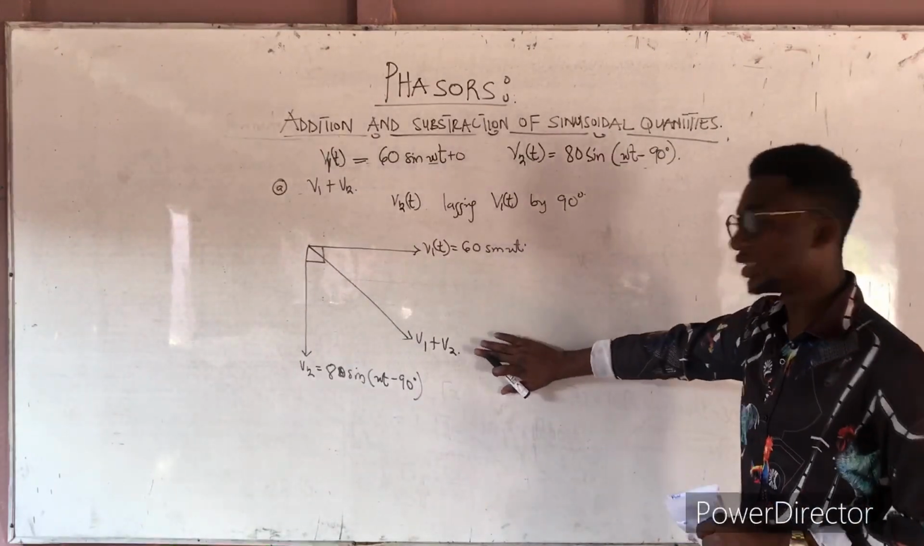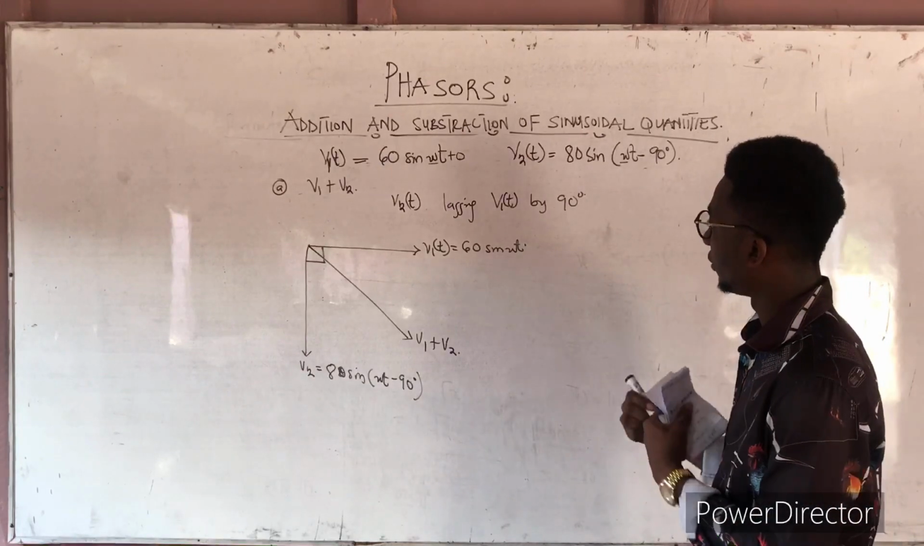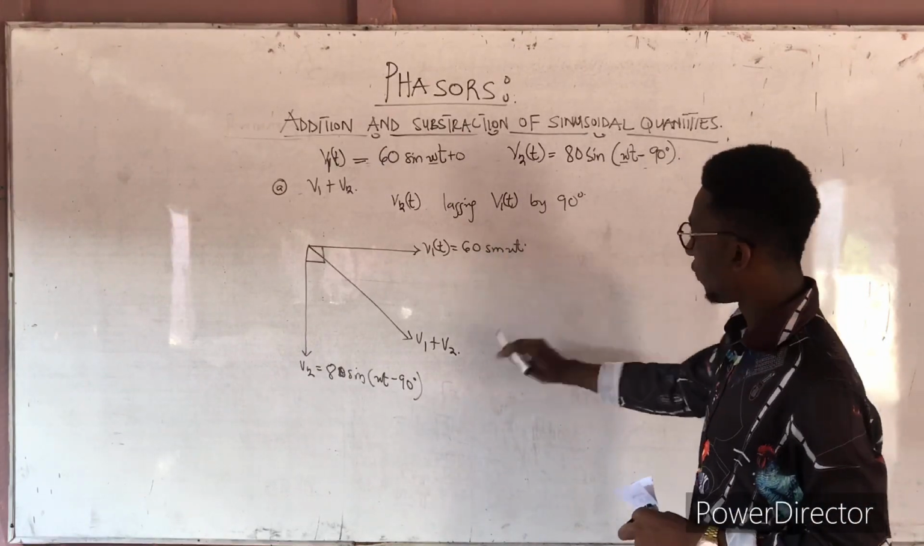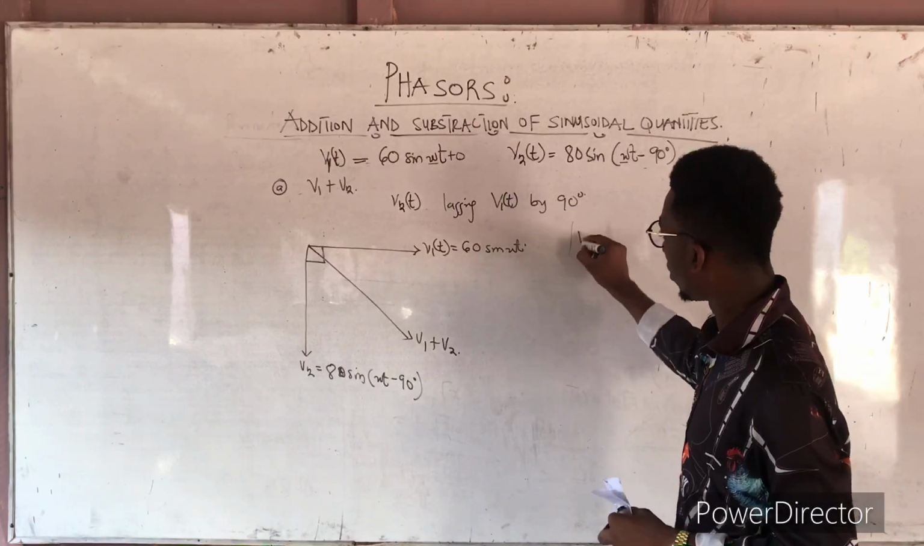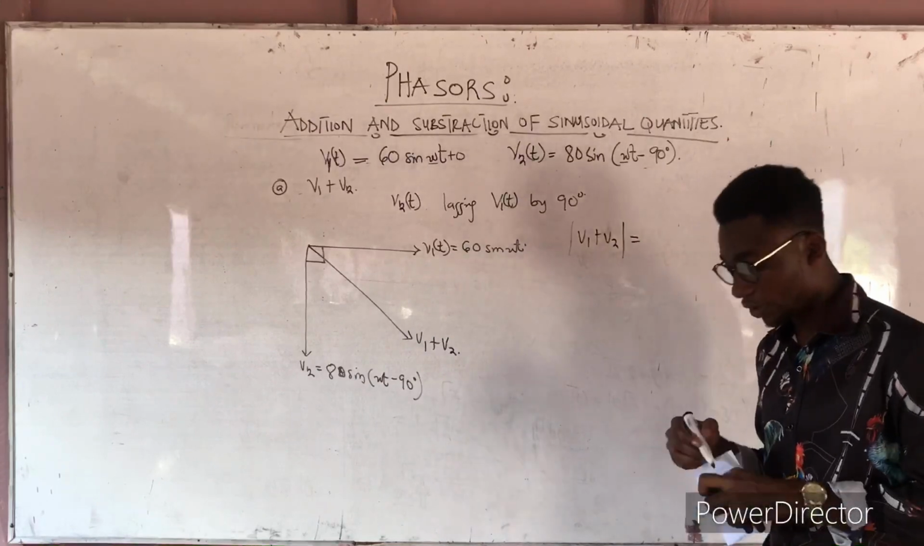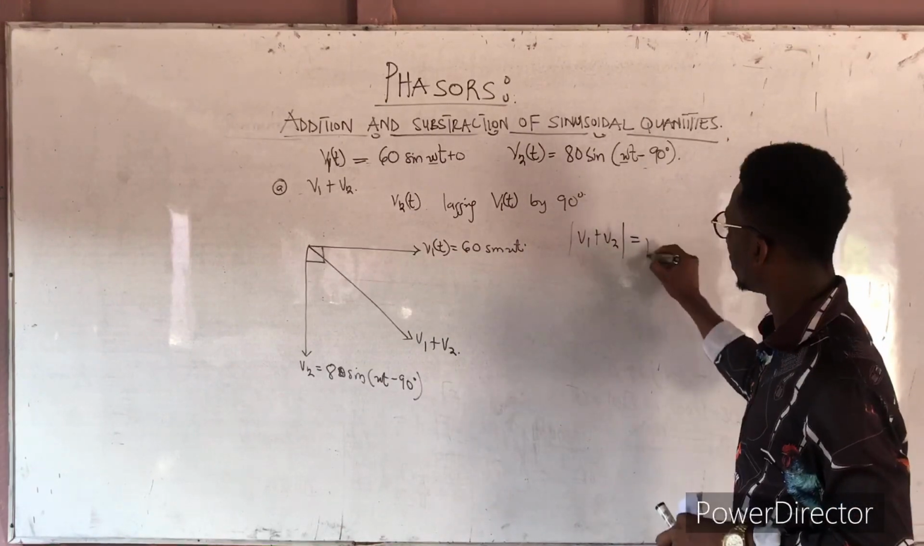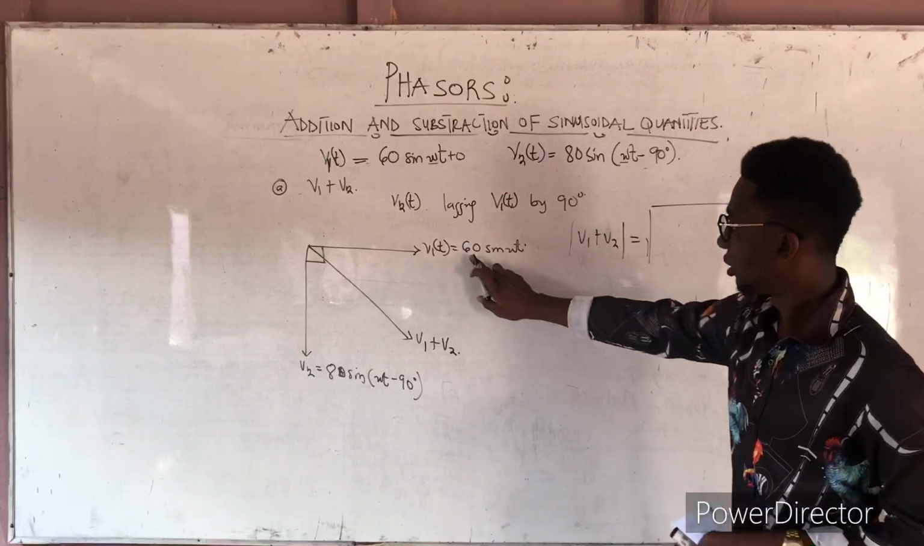If the resultant vector is V1 plus V2, then let's see something here. How do you find, first of all, we have to find the magnitude of the resultant vector. Now, what is the magnitude of the resultant vector? The magnitude of the resultant vector is simply the root of their